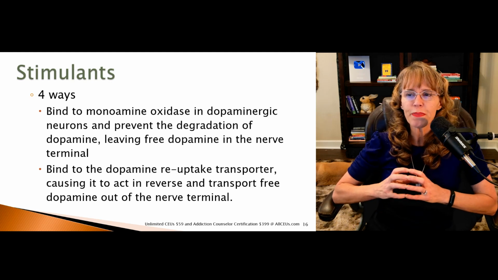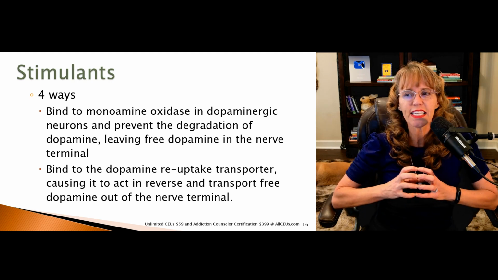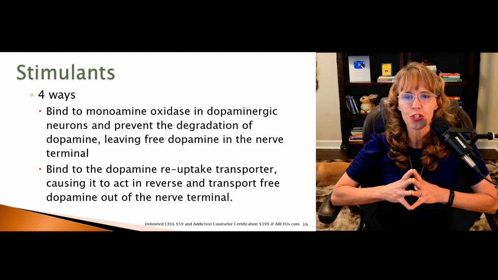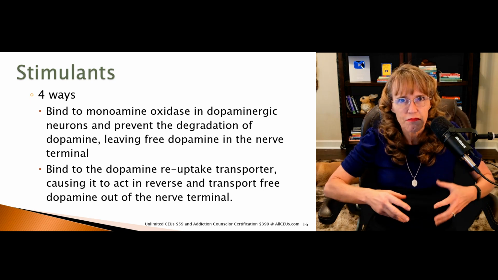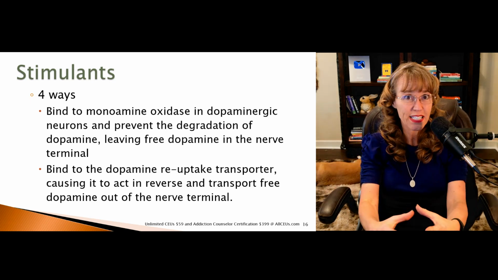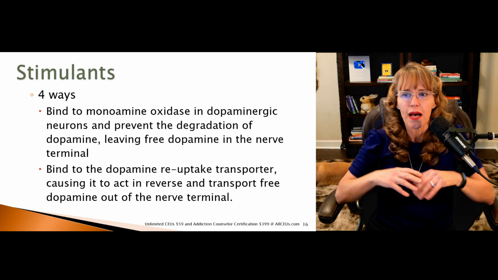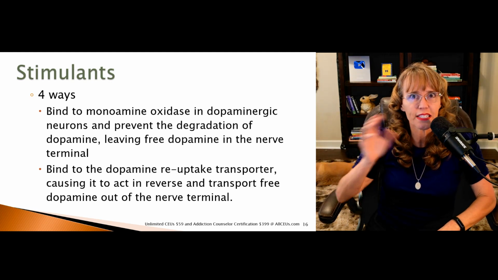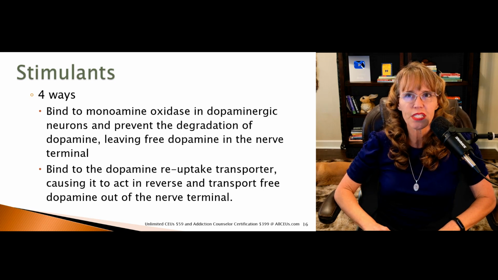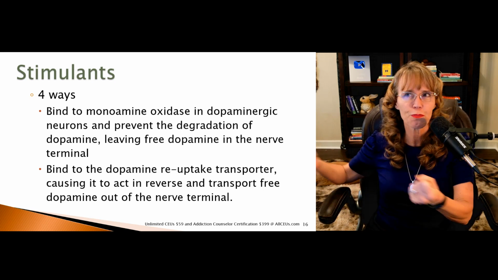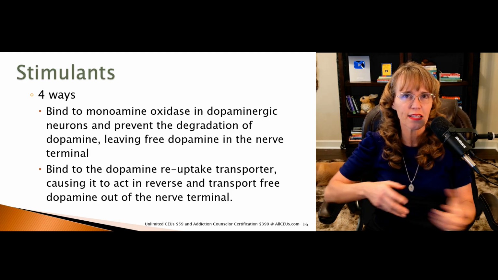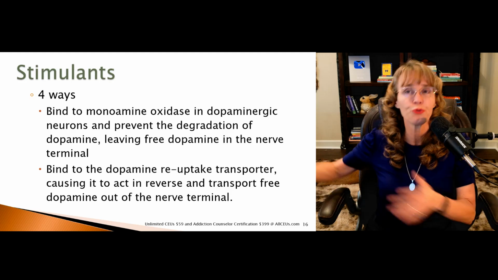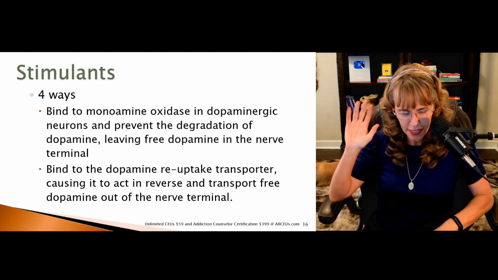It binds to the dopamine reuptake transporter, causing it to act in reverse and transport free dopamine out of the nerve terminal. So instead of sucking it up after it's been sitting in that nerve terminal, it actually secretes dopamine into the nerve terminal. Think about using one of the wet vacs. I've used those before where I thought I had it plugged into the right thing and I was going to suck a bunch of stuff out, and I ended up having it on the wrong end, and I blew water out all over the barn floor. It was a mess, but anyhow,